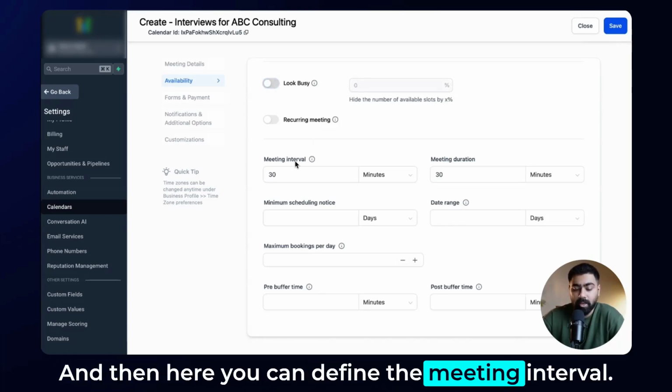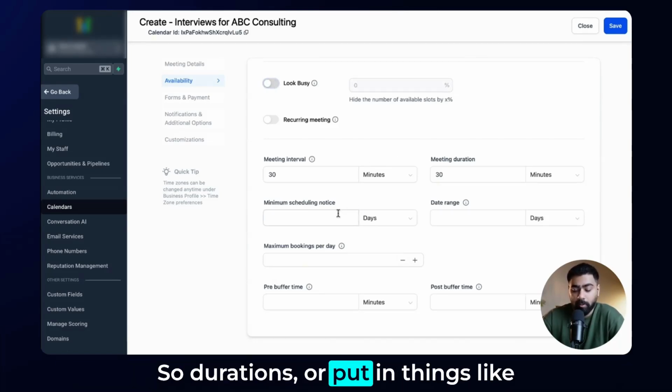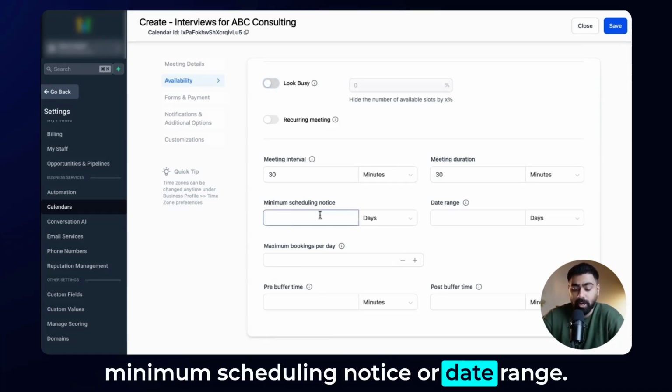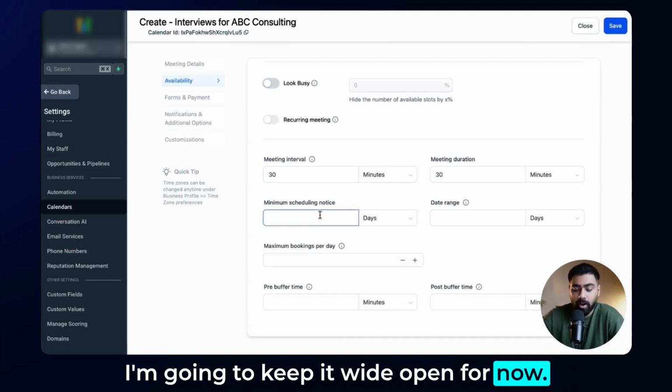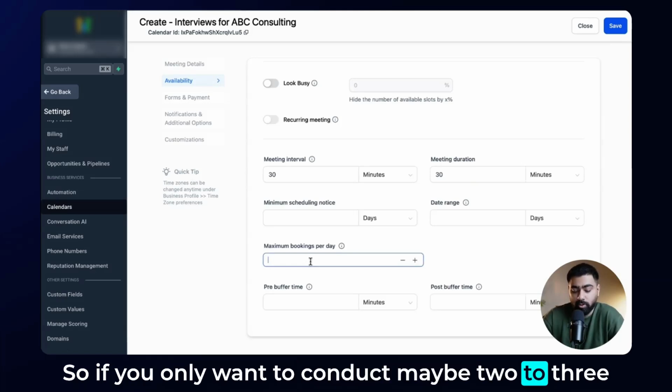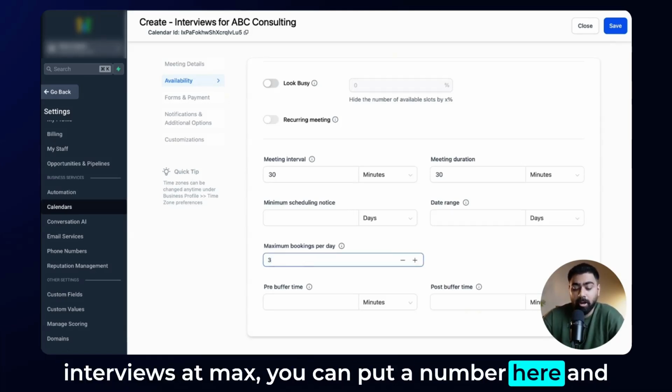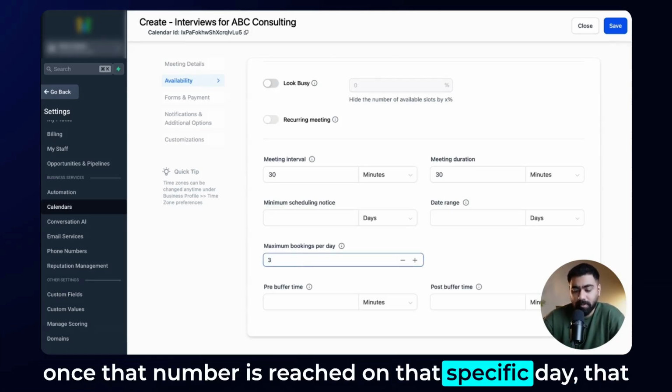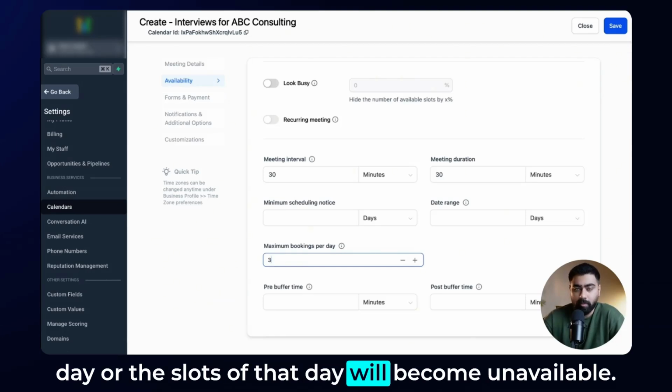And then here you can define the meeting intervals or durations, or put in things like minimum scheduling notice or date range. I'm going to keep it wide open for now. Then you also have maximum bookings per day. So if you only want to conduct maybe 2 to 3 interviews at max, you can put a number here. And once that number is reached on that specific day, that day or the slots of that day will become